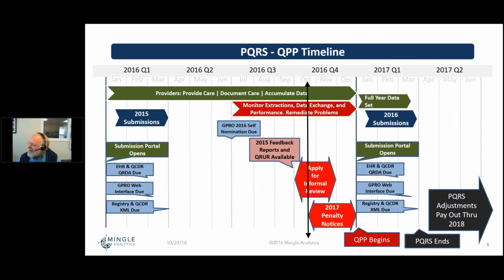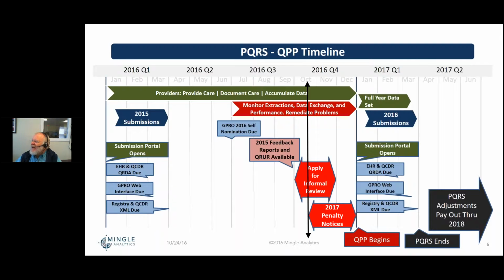And the crying's over at the end of 2018 when all of the adjustments pay out through the end of 2018. And then 2019 is the first payment year for the quality payment program. And of course, 2017, that whole year is the first performance year or reporting year in the quality payment program,